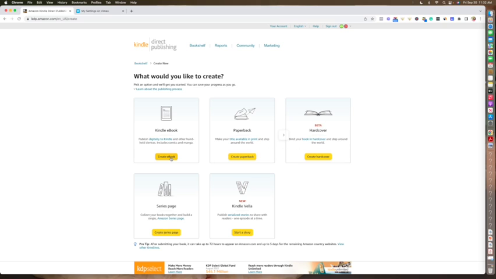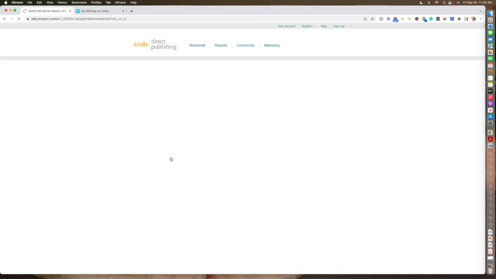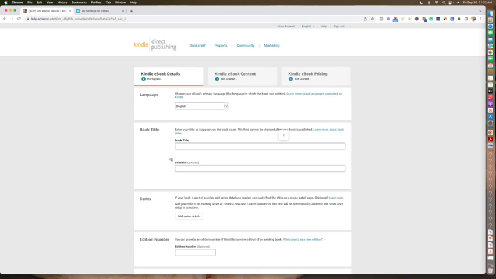Okay, so we're going to go ahead to create ebook. Okay, so this is what everything is going to look like. This is going to look the same for paperback. It's going to look the same for hardback. So the process is still the same. Like I said, I do not have a specific book, but I am using a white paper I have from my other business. And this is what I'm going to enter in here. And so the title of that is How to Use YouTube to Bring